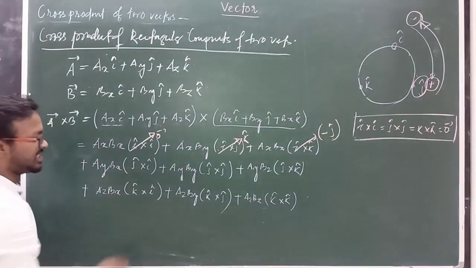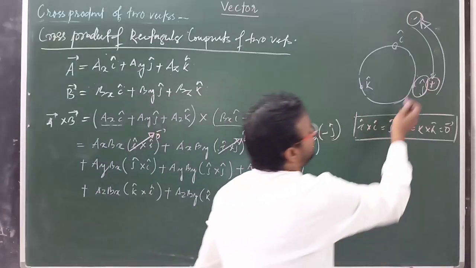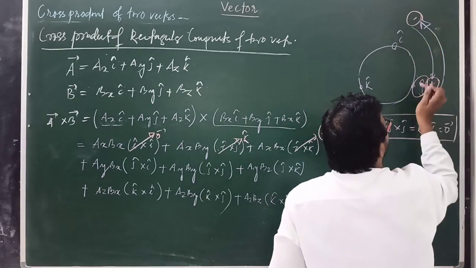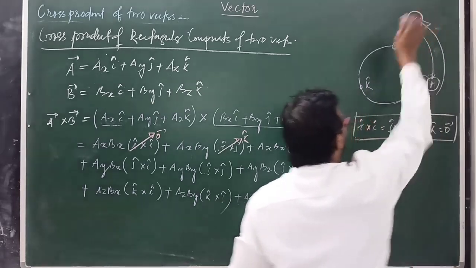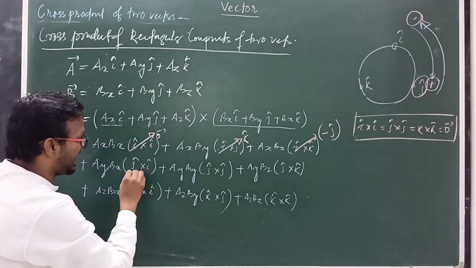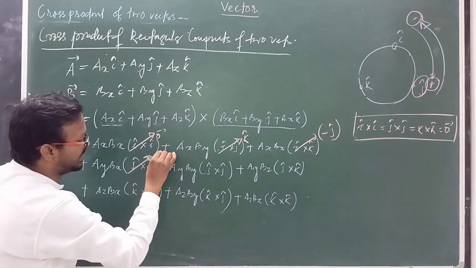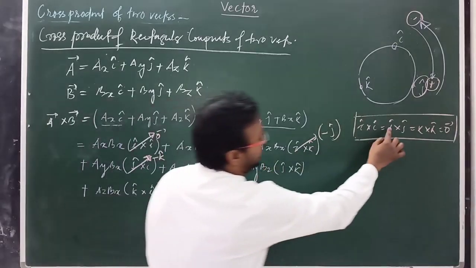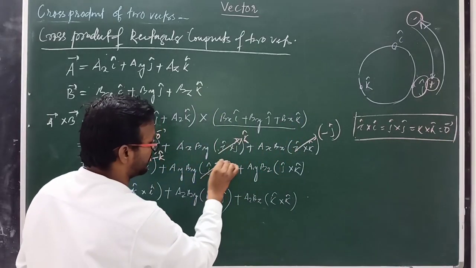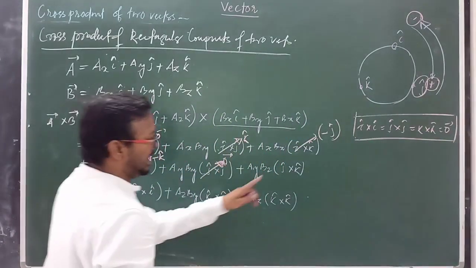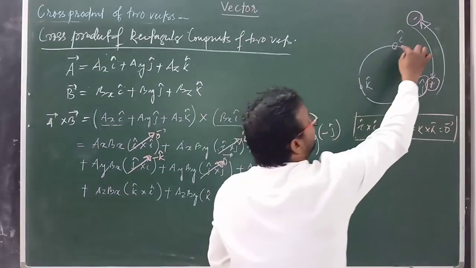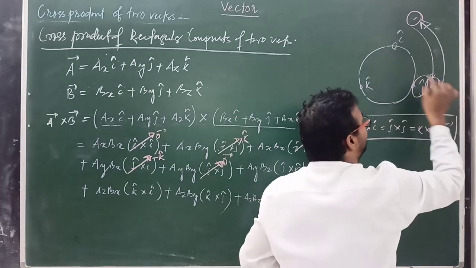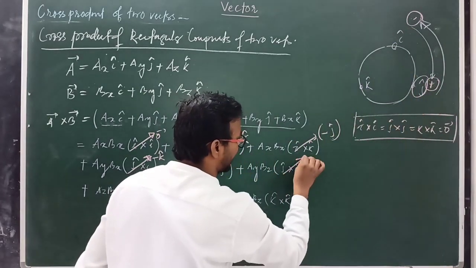Clear? Now come to this relation j cross i, which is also anti-clockwise direction, means this direction, and j cross i equal to k with a negative sign. So j cross i is equal to k with a negative sign, means minus k cap. And again j cross j equal to 0, so here 0 vector. j cross k, this is clockwise, and final answer i cap with positive sign. So j cross k equal to